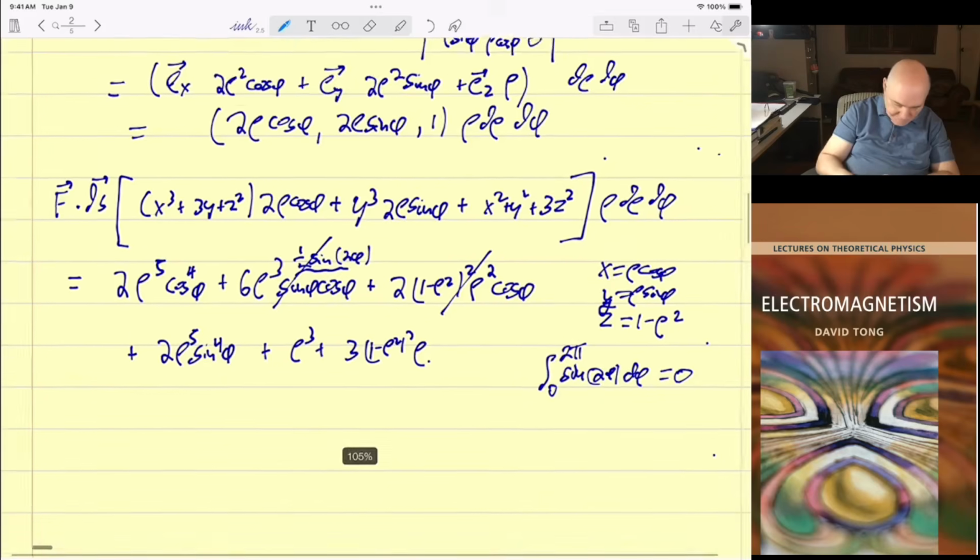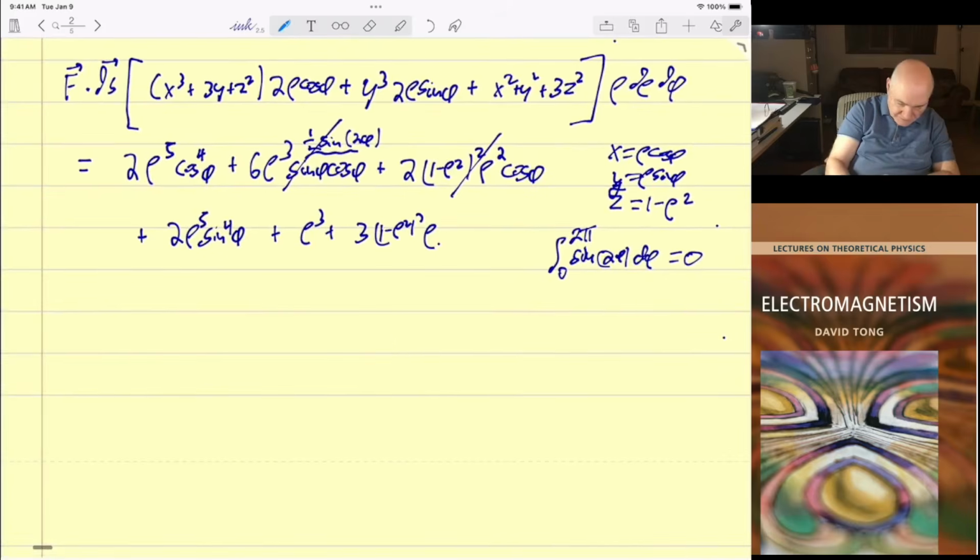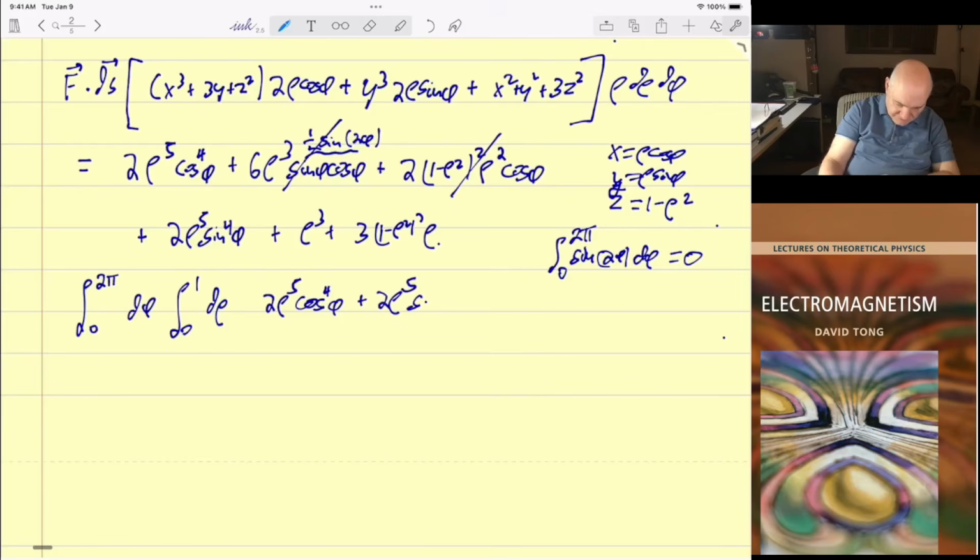Now, the integral we want to evaluate is the integral from 0 to 2 pi d phi, the integral from 0 to 1 d rho, of 2 rho to the 5th cosine phi to the 4th plus 2 rho to the 5th sine phi to the 4th plus rho cubed plus 3 times 1 minus rho